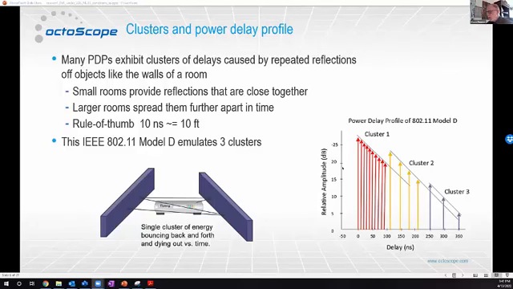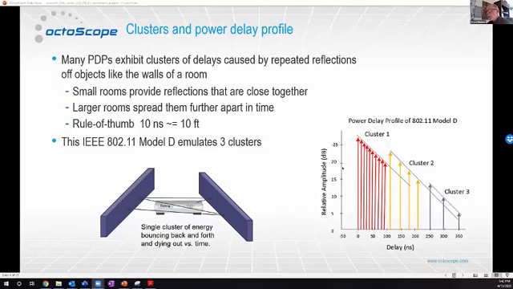If you look at the delays between successive red impulses, it's about 10 nanoseconds. And that would give you an indication that the reflectors are in the order of somewhat like 10 feet apart. But there's a second cluster, and this second cluster marked in yellow, you'll see they are spaced significantly further apart than the red cluster. And these are from slightly more distant objects. Again, bouncing back and forth,